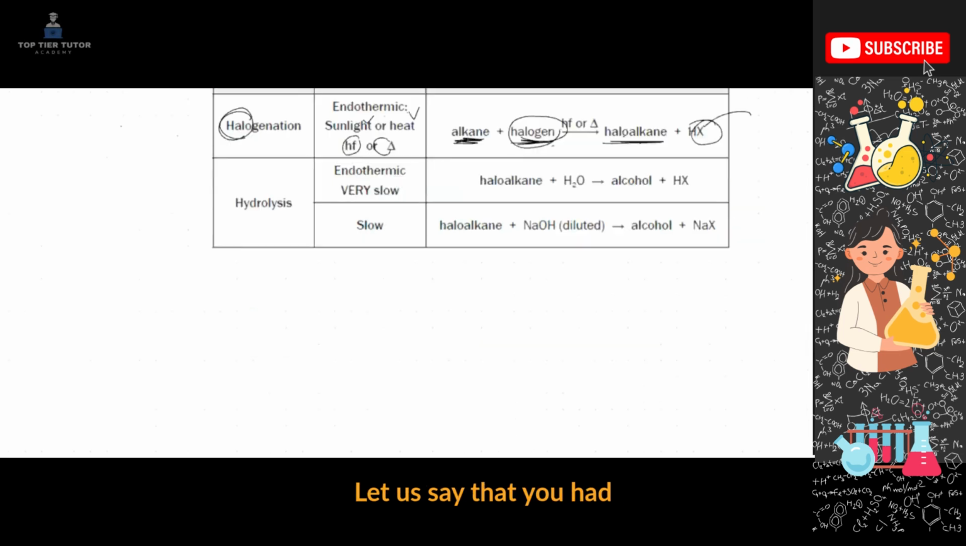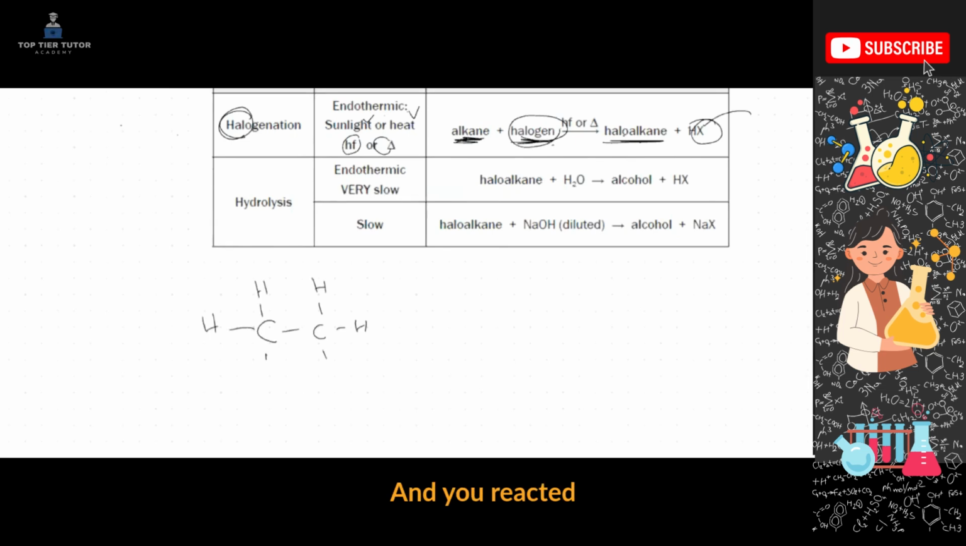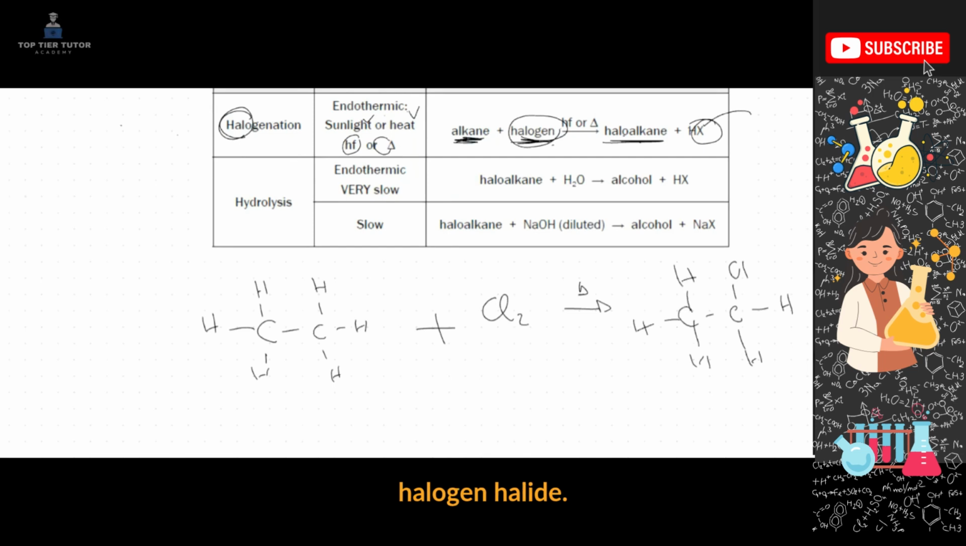Let us say that you had ethane and you reacted ethane with a halogen. In this case, let's use chlorine in the presence of heat. Then you would produce a haloalkane and a hydrogen halide. So this is your hydrochloric acid. And with regards to this, we know how to name. We're going to make that carbon number 1, carbon number 2. So that means we would have 1-chloro. The chain is made up of 2 carbons. So that's going to be ethane. Then we have your